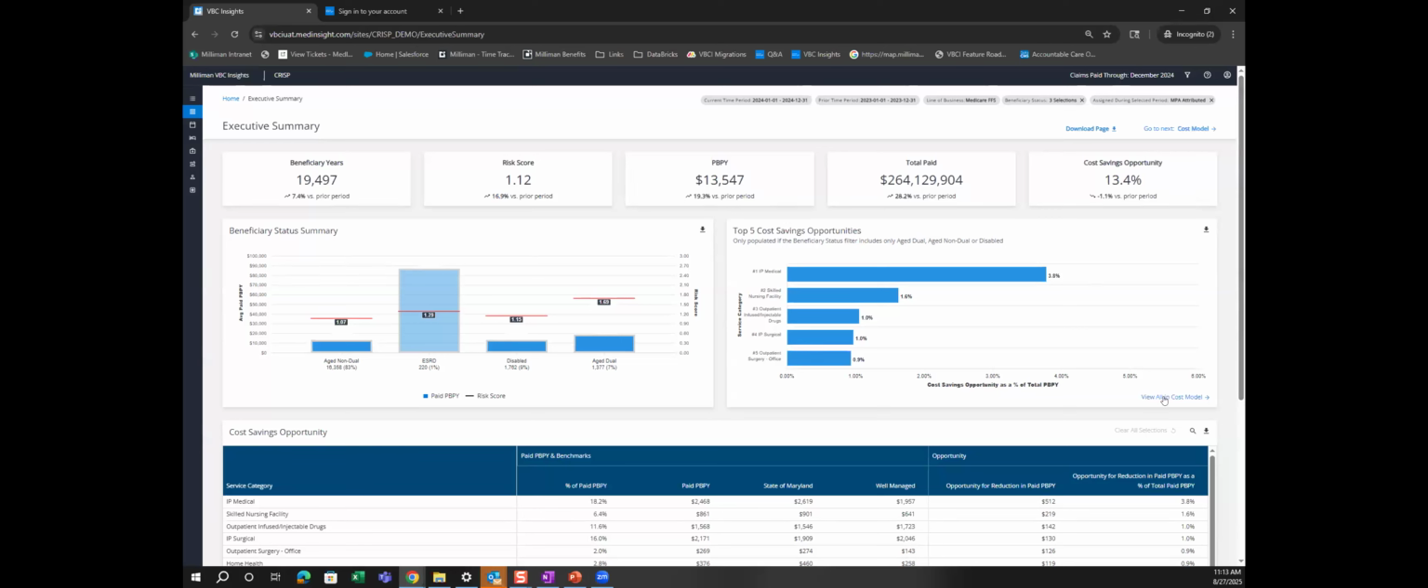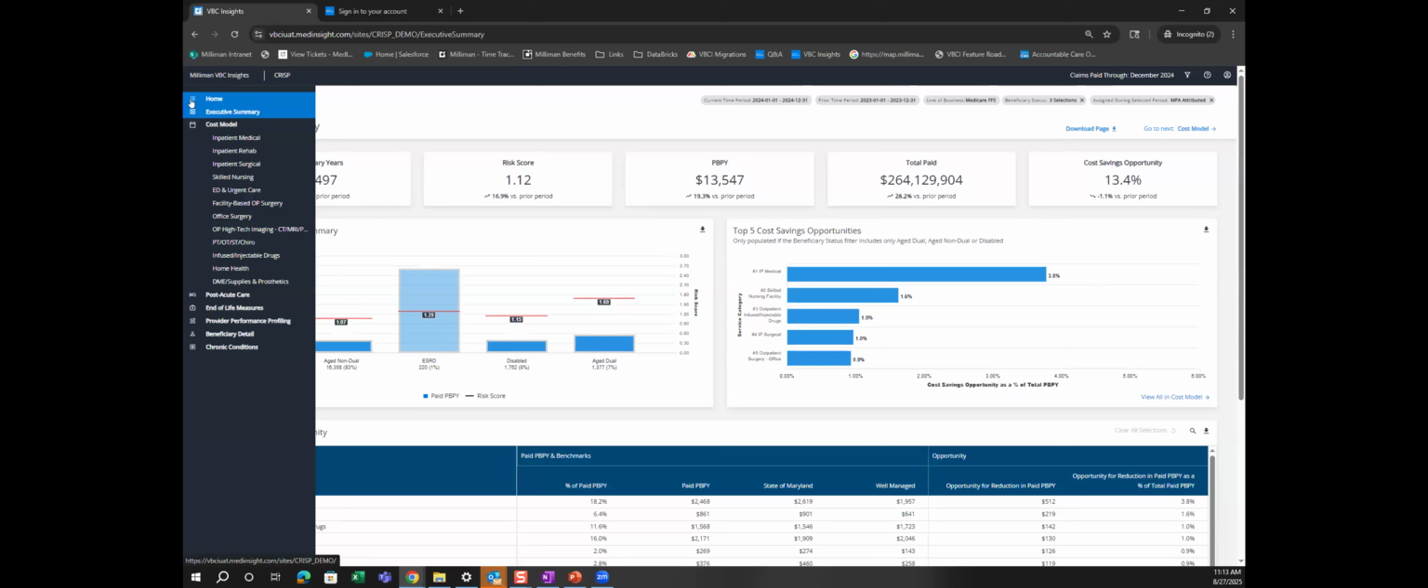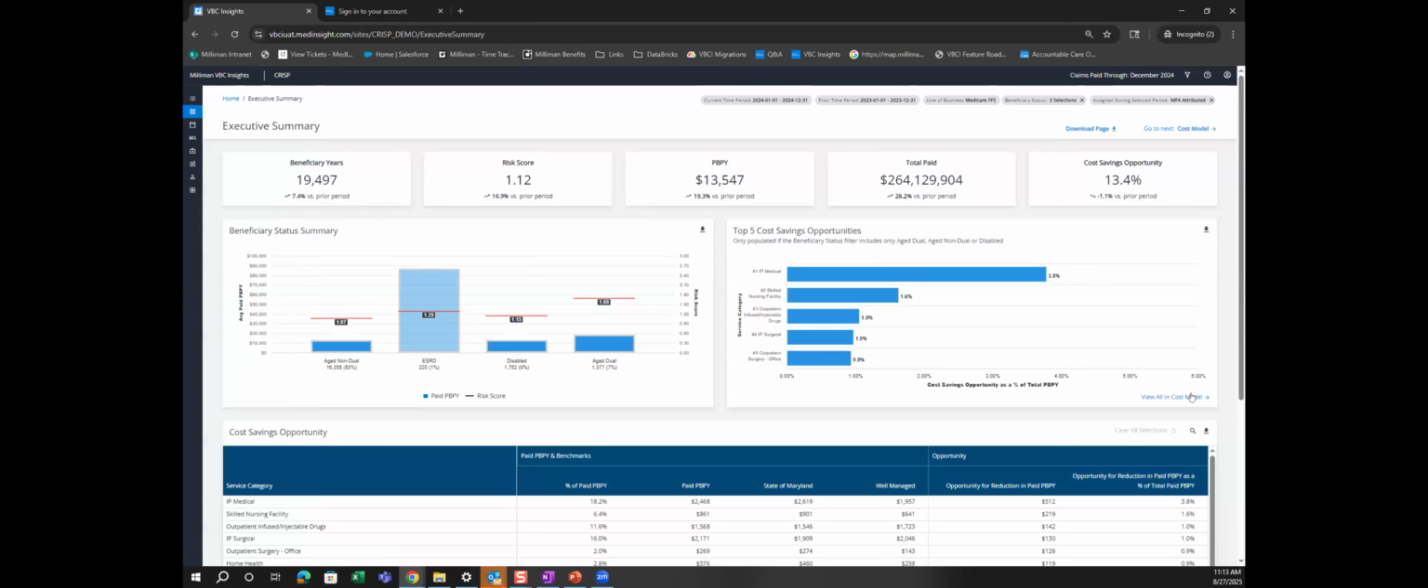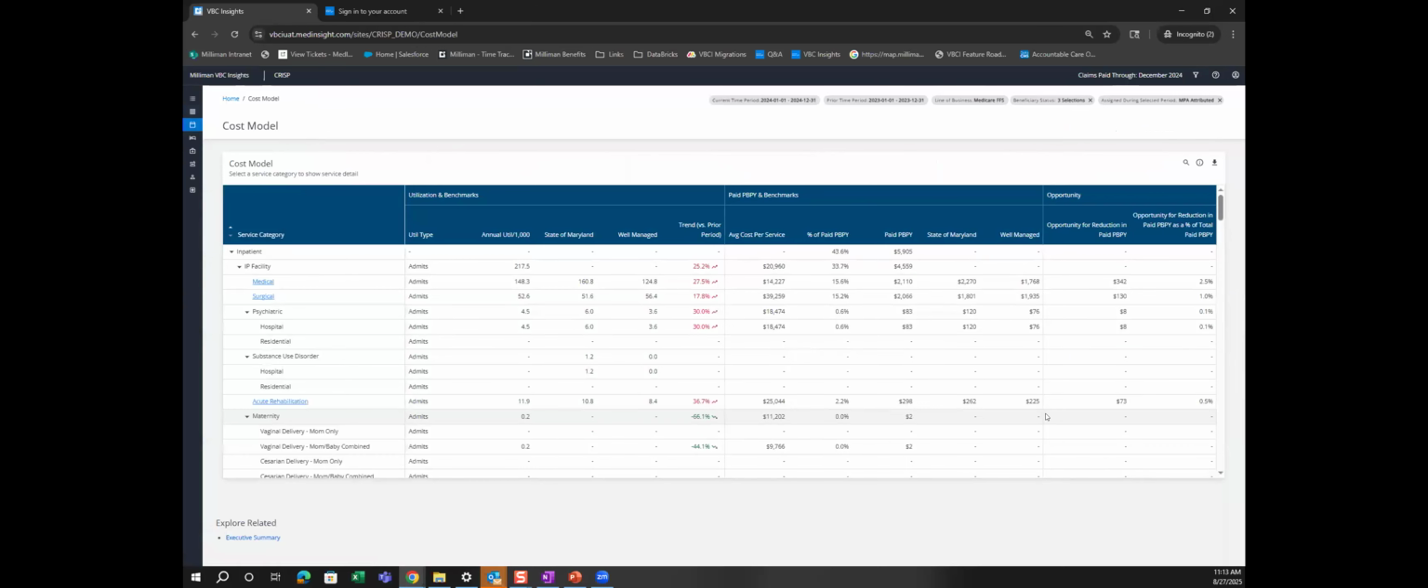So as I alluded to, navigation can go through the left-hand menu, or we can bring you through hyperlinks in these dashboards. So naturally, you're going to see your top 5 cost savings opportunity. We're going to go to our cost model. Our cost model, as those of you are very well aware, is kind of the bread and butter of the product. This is really where we start our journey and looking at how our organization is performing across various service